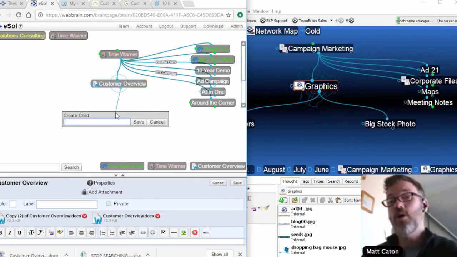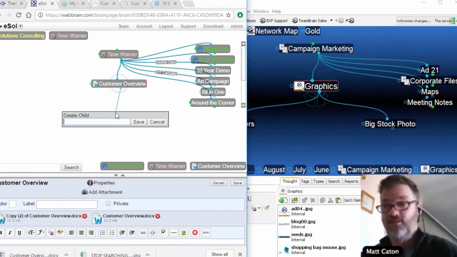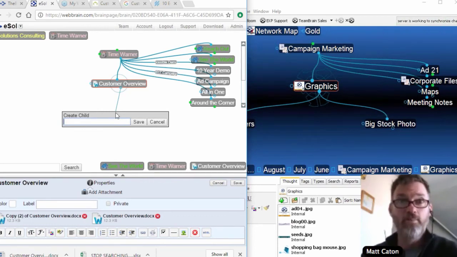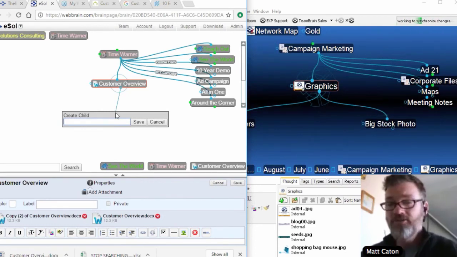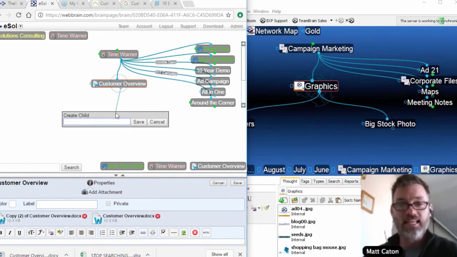But again, if you are syncing to the cloud and relying on cloud access or syncing between multiple machines, when you do add those file attachments, an internal attachment is always going to be the best option for you. And I think that's really everything that I wanted to cover today with regards to file management within the brain. Hopefully you'll start using your brain to manage all of your files, documents, version control, web links, emails, etc.,